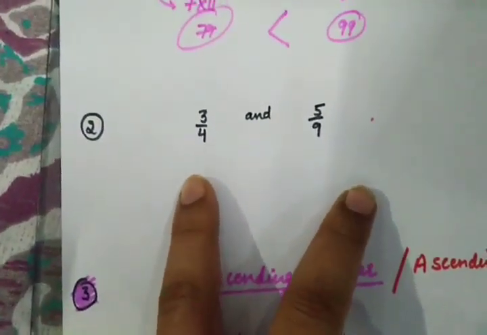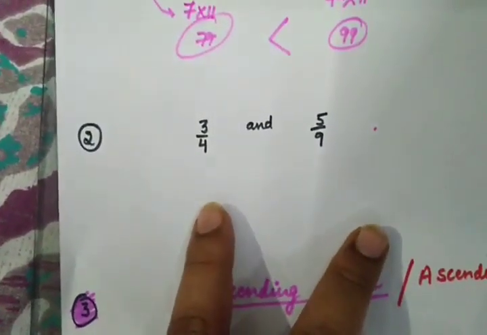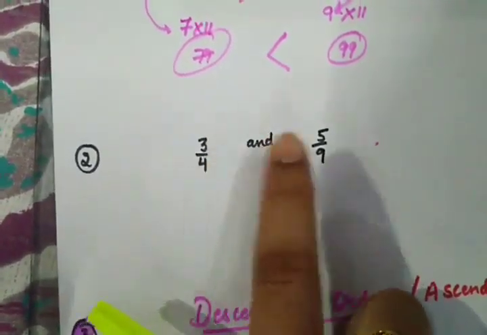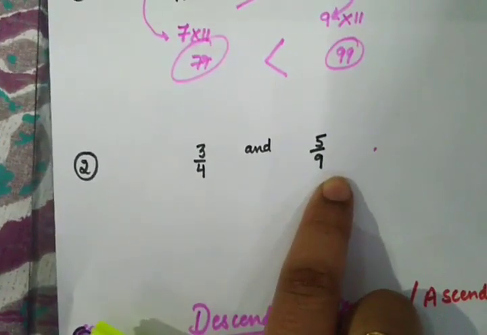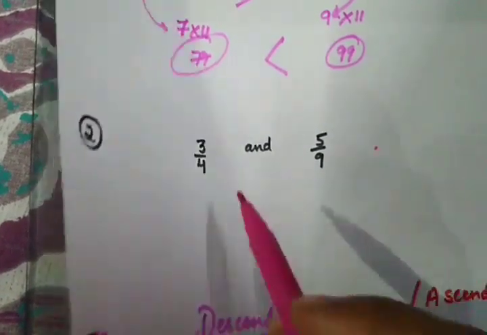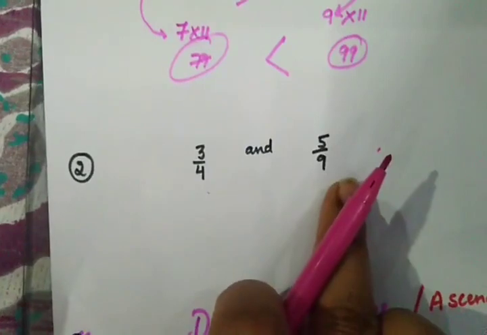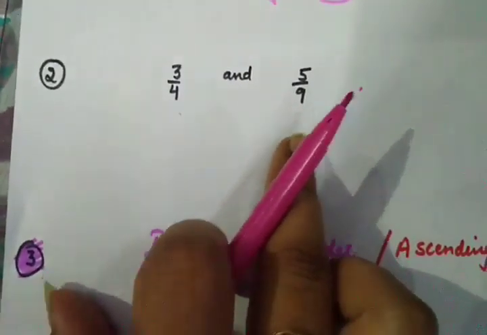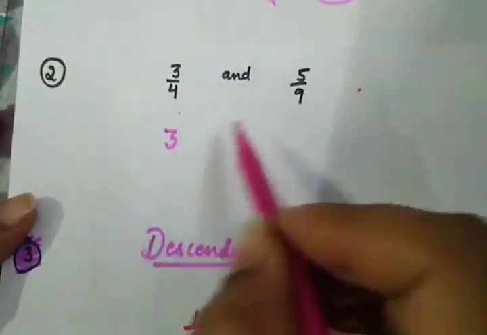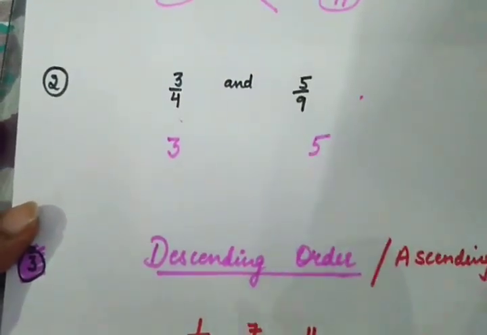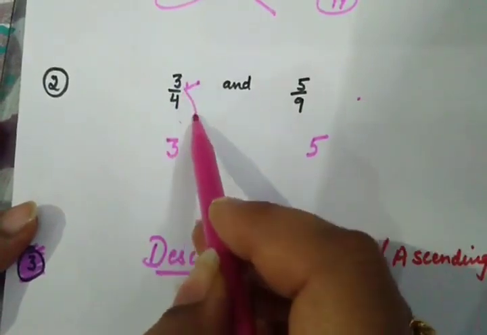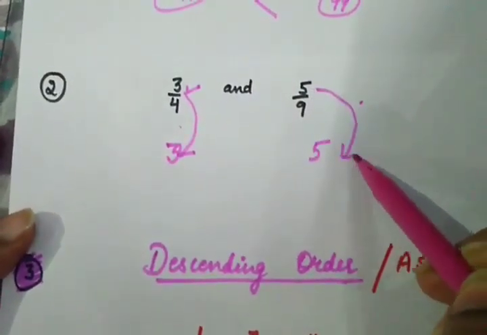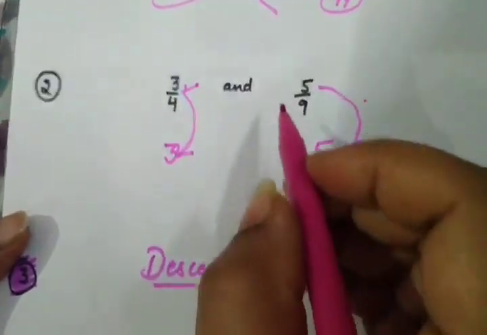Now here I cannot say this one is bigger without solving, because that's not possible also. Until and unless the denominators are same, I cannot say which one is bigger. So here it is 4, here it is 9. So what I am going to do to find out which one is bigger, again the same rule, numerators to be kept on the same side. 3 was the numerator, so 3 is here. 5 was in the numerator, so 5 is here. And send the denominators in cross.